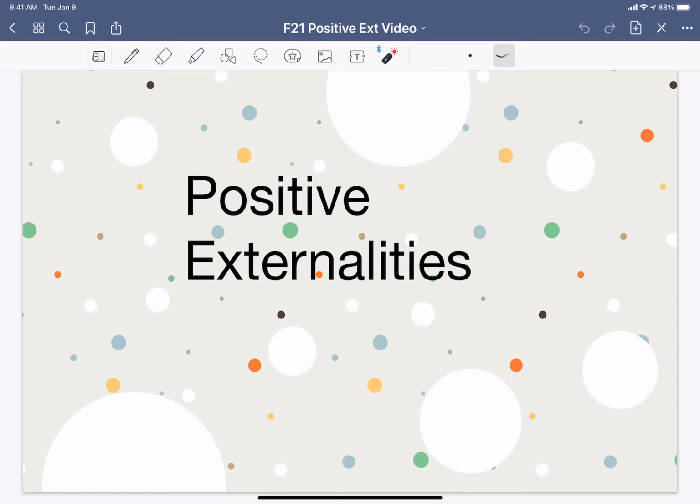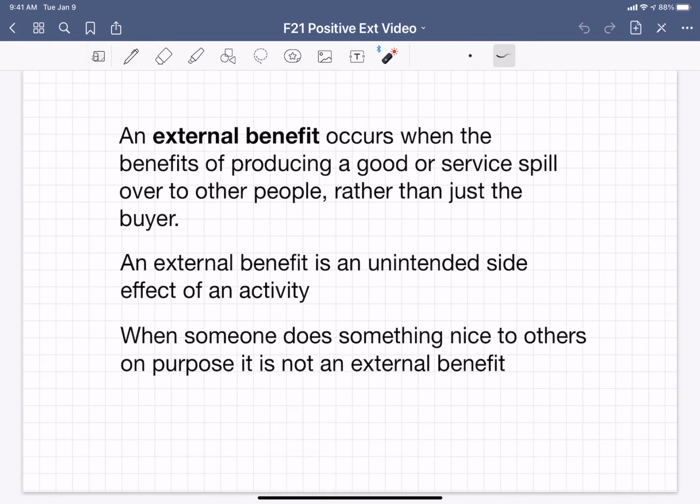So positive externalities, what this thing is about. Well, to understand what positive externalities are about, we need to look at something called external benefit. External benefit occurs when the benefit of producing a good or service spills over to other people rather than just the buyers. Another good way to look at it is to understand that external benefit can be seen as an unintended side effect of an activity. So external, unintended, again, positive side effect. So not any side effect, but positive,